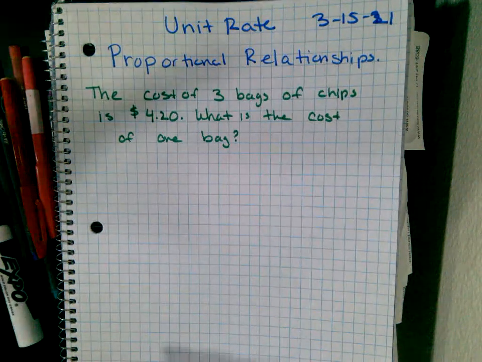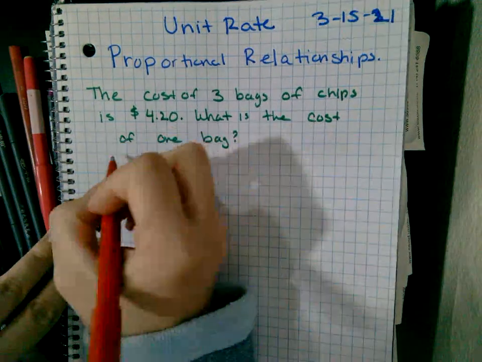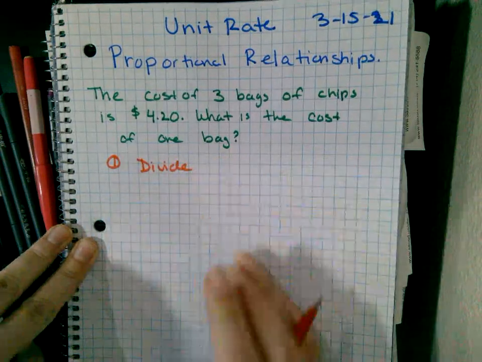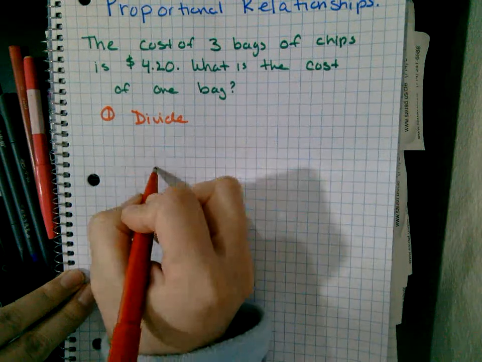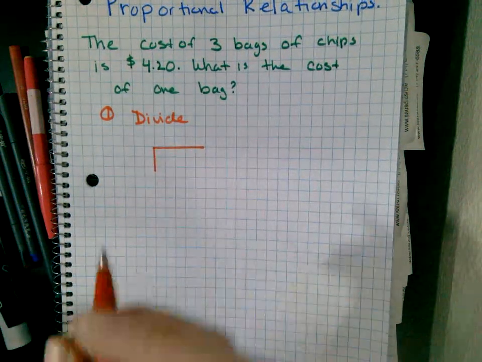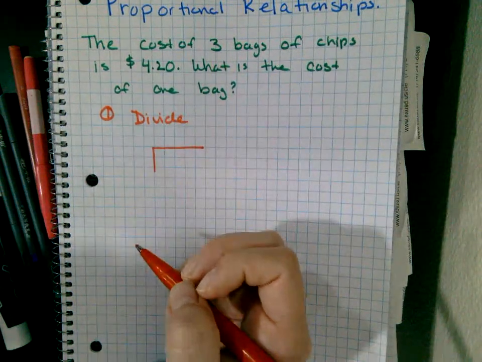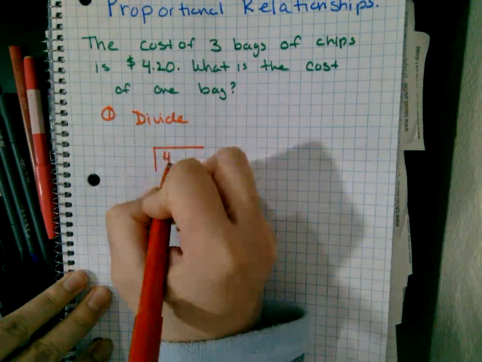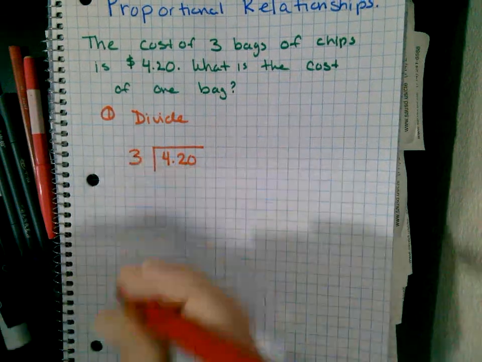All right. So the first step you have to do is you're going to divide. Okay, you're going to divide. Old school division. Which number goes inside? The 3 or the 420? Well, I'm going to tell you right now. In the next problem, I'll tell you how to figure it out. So in this problem, the $4.20 goes inside and the number 3 goes outside because we're trying to find the